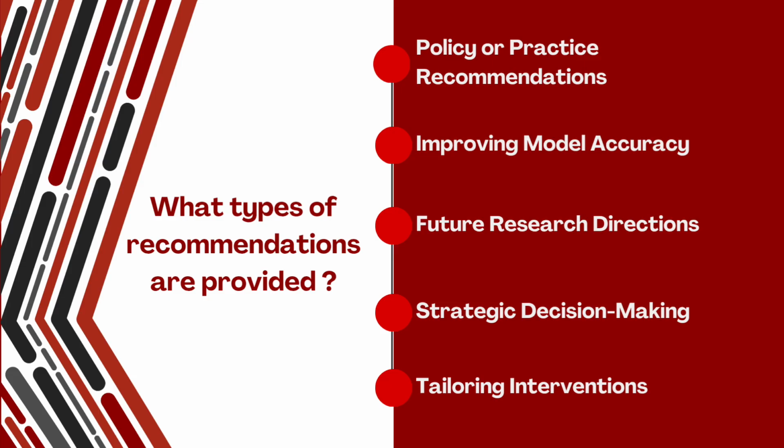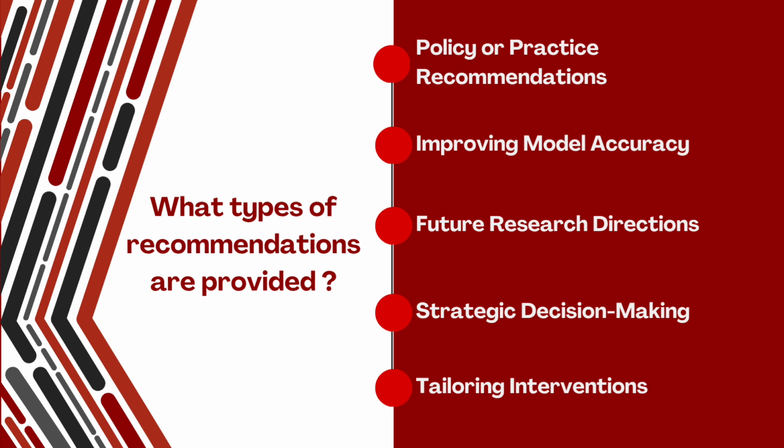Now let's move on to the next discussion about what types of recommendations are provided in the regression analysis. Based on our observation from the published research, these are the types of recommendations provided in the regression analysis. First, policy or practice recommendations. If the research examines trends in education, business, or social sciences, the findings can suggest practical changes. For example, if regression analysis shows that student engagement significantly impacts math performance, a recommendation could be to adopt interactive